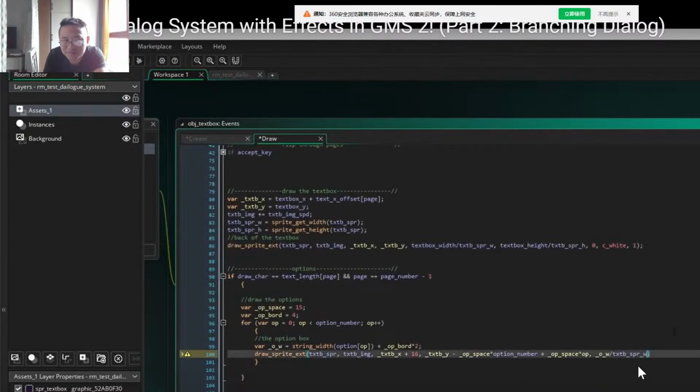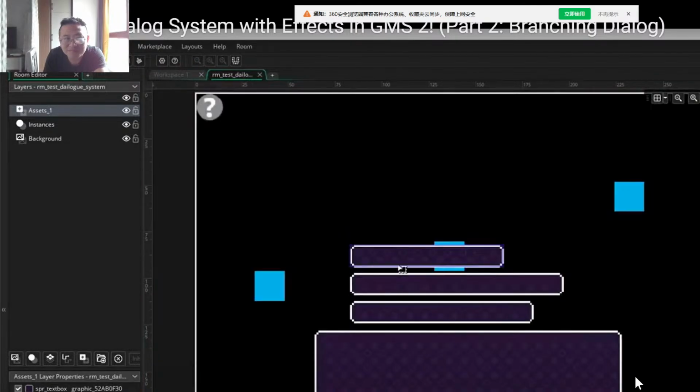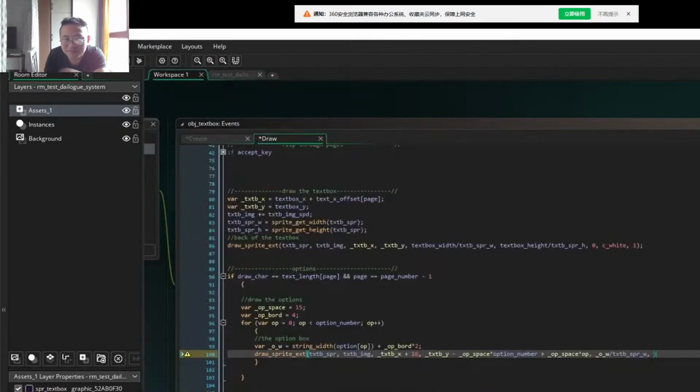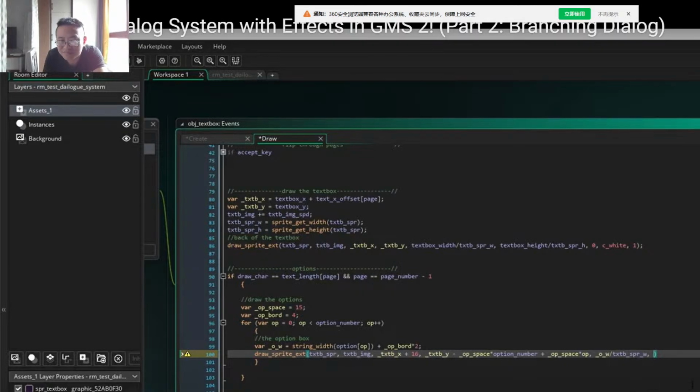So it's the correct amount of pixels. And then for height, we just want a little bit of space in between each one of these. And in my notes, it looks like 1 pixel of space was good for me. So what I did was, we take that option space local variable, we just subtract a pixel from it,